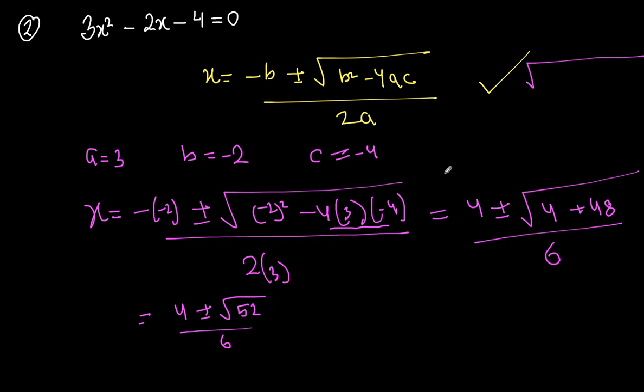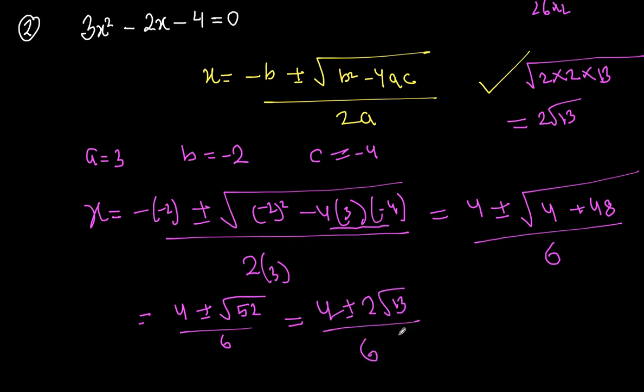So the square root of 52 is, if you use your calculator, or maybe you can just split this into prime factors, 52 is 26 times 2 and 26 is 2 times 13. So 52 is 2 times 2 times 13. If you simplify, you will get 2 root 13. You can use your calculator also if you are unable to do it like this. So this will give you 4 plus or minus 2 root 13